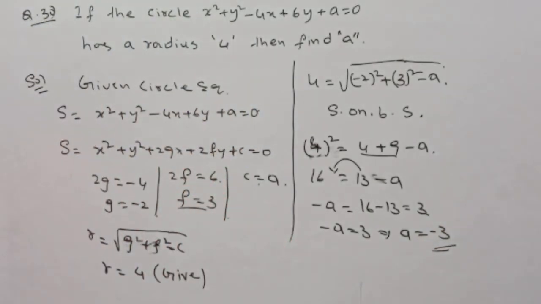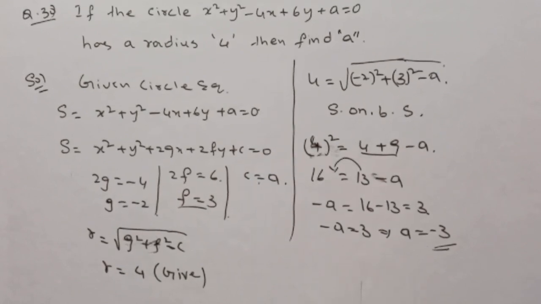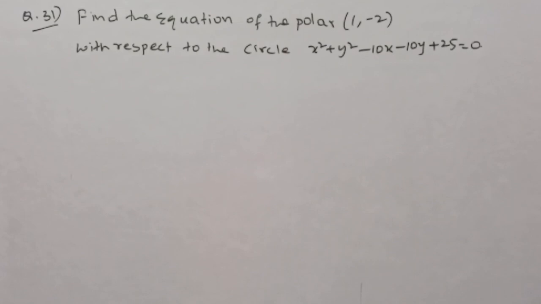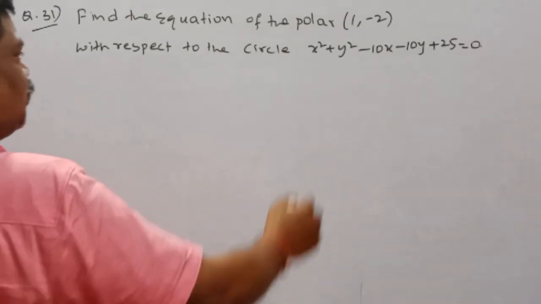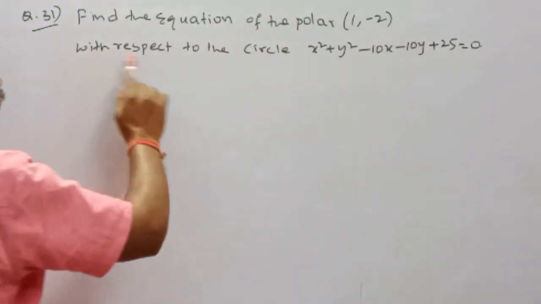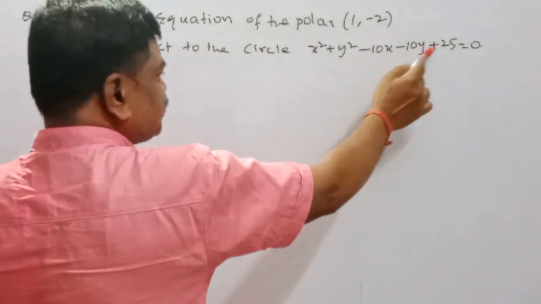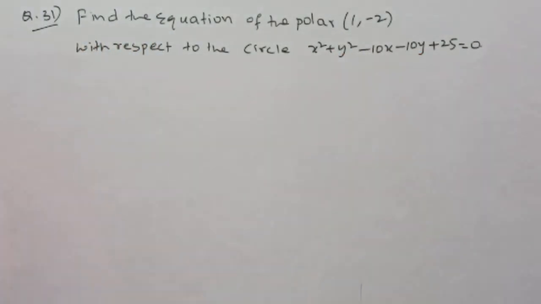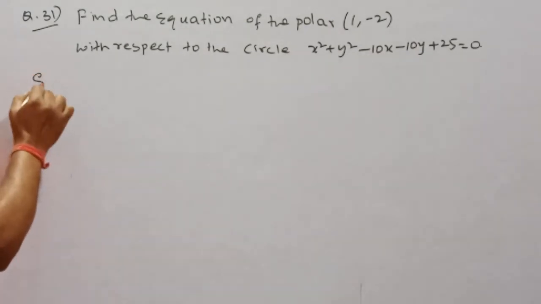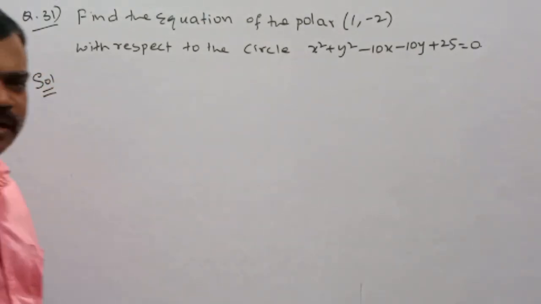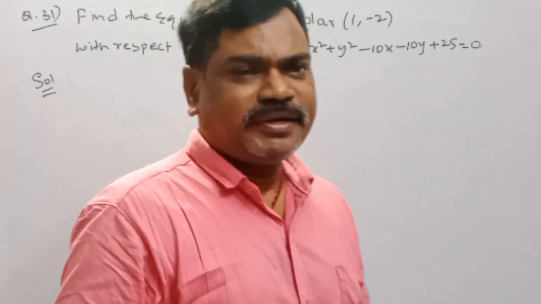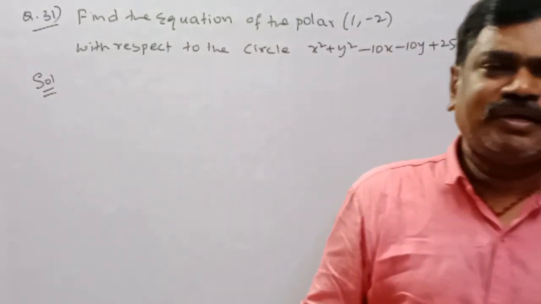So what is the value of a? a = −3 is the answer. Now, find the equation of the polar of (1, −2) with respect to the circle x² + y² − 10x − 10y + 25 = 0. So here you see the circle equation is given, the point is given. We have to find